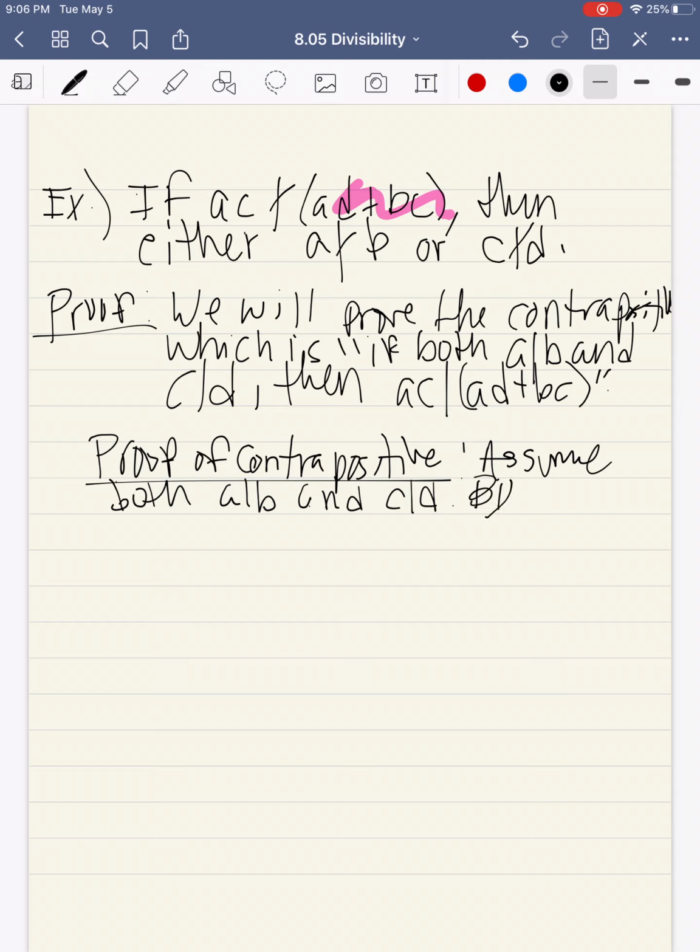By definition of divisor, there exists a J and a K in Z, such that